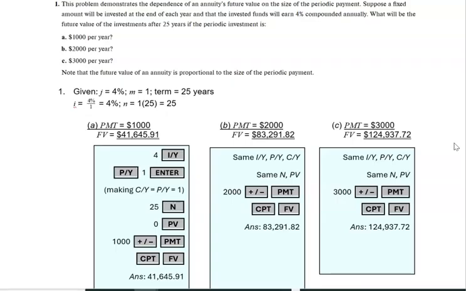Okay, so because A had 4 as the IY, the payments per year as 1, the N as 25, and the present value as 0, those don't have to be re-entered. You can re-enter them if you want, but the only thing that needs to be re-entered is the 2,000. Click the plus or minus button so that you have minus 2,000 on your screen. Then click the PMT button so it recognizes that now everything else is still the same except the payment, and then compute future value. And you'll have the answer of